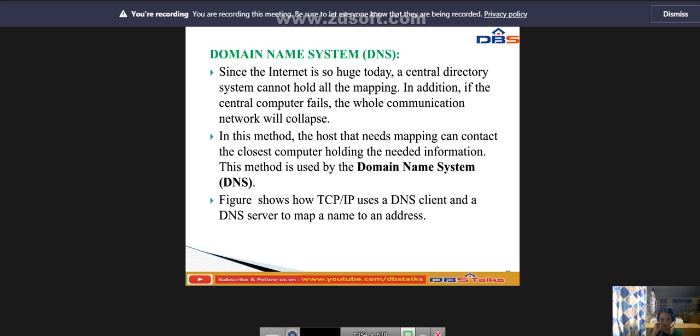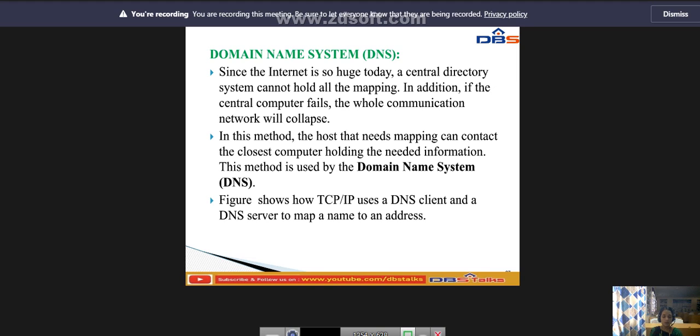To get a better solution, we distribute the information among many computers in the world. In this method, the host that needs mapping contacts the closest computer holding the needed information. This method is called the domain name system.